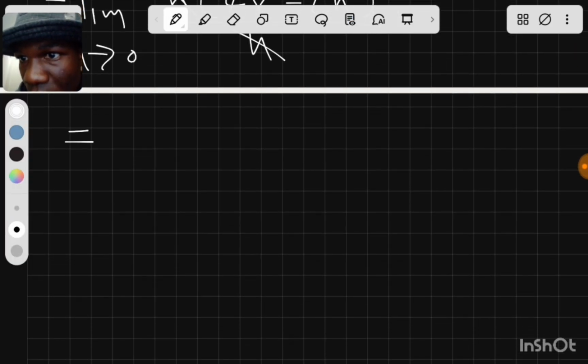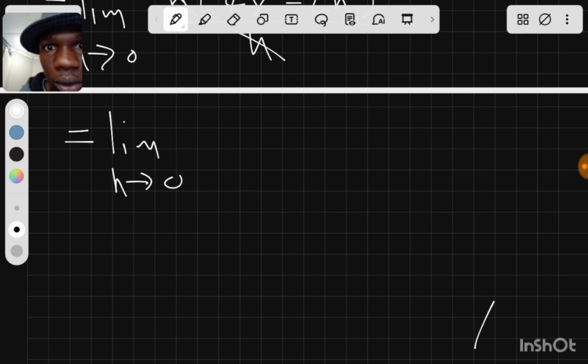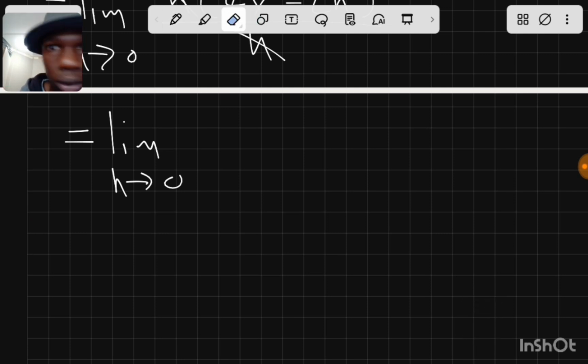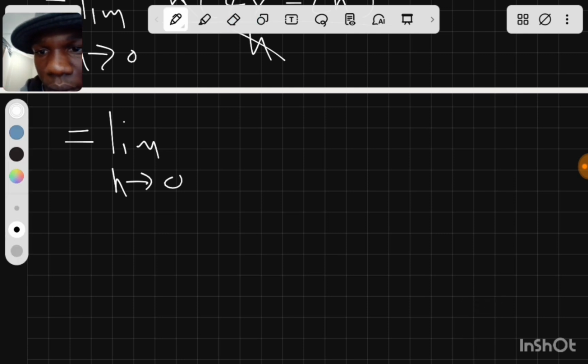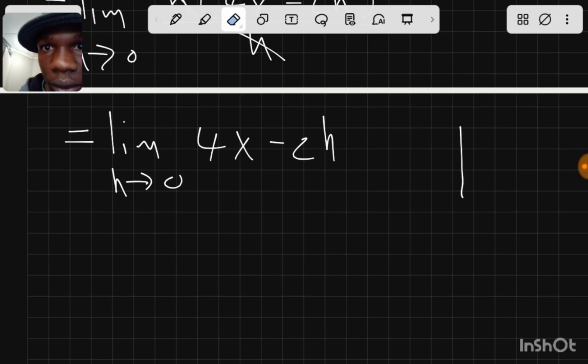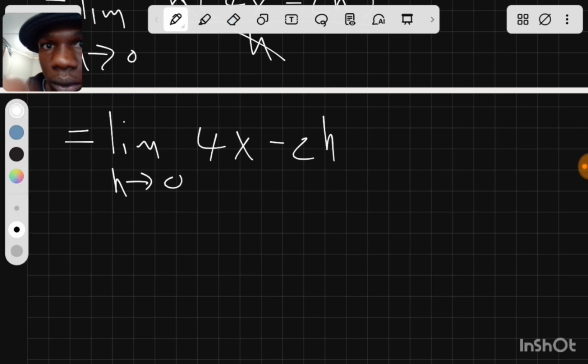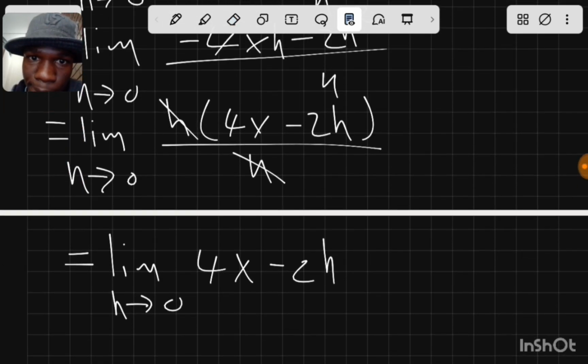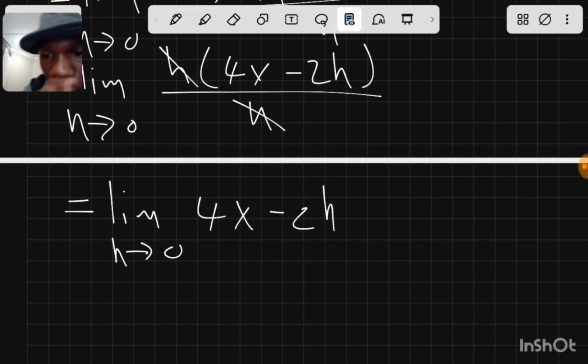So we're going to have limit h approaches 0, 4x minus 2h. Let me check if I'm not mistaken. Yes. So but h approaches 0, then we're going to have